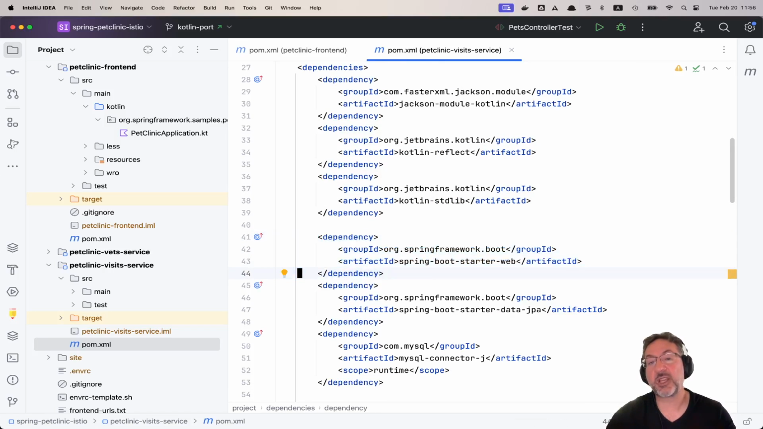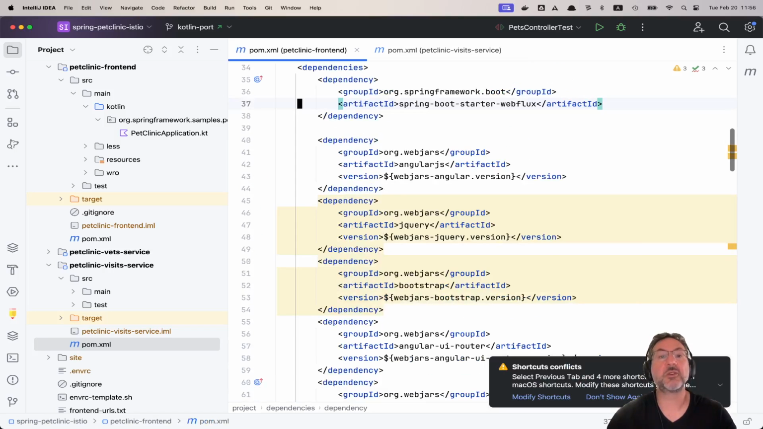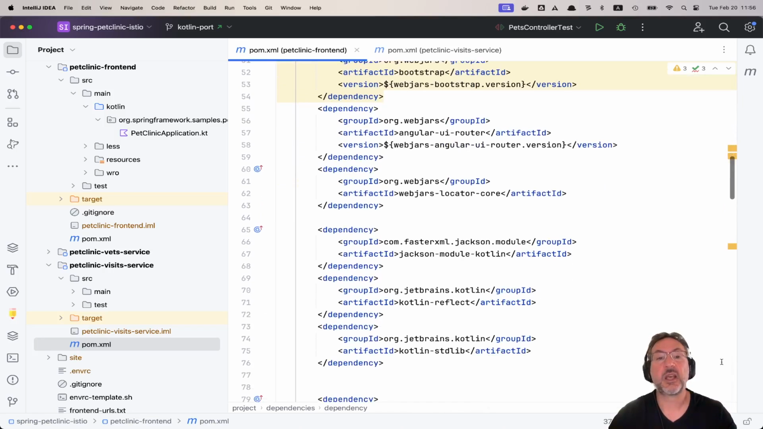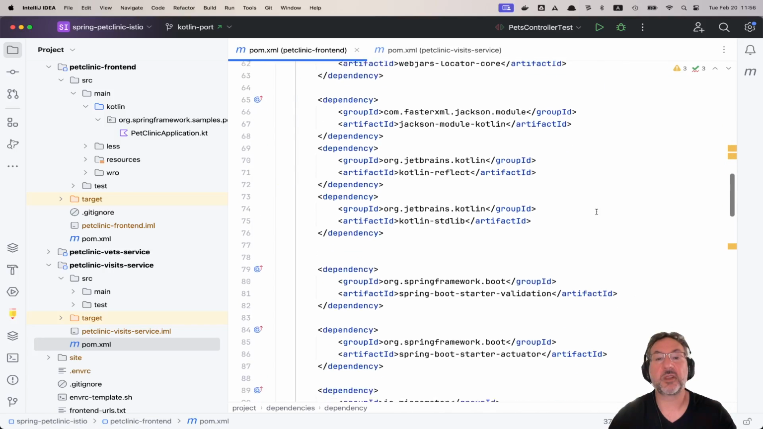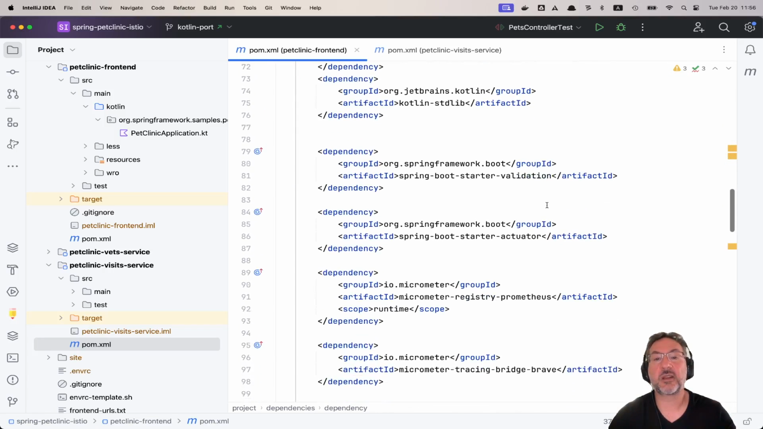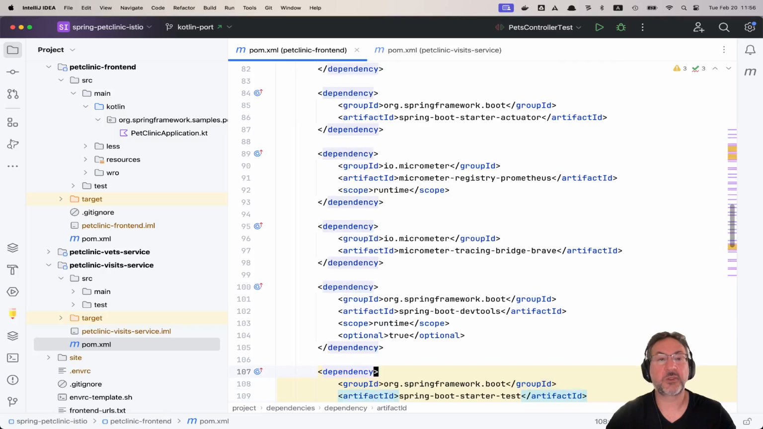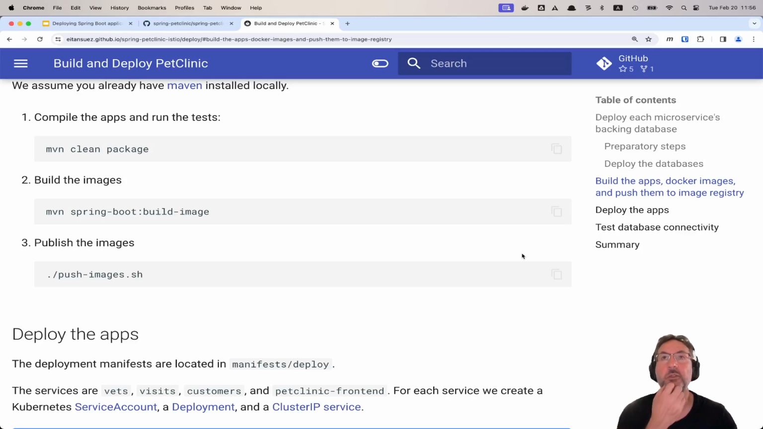That's not the non-reactive version, and the data JPA and the MySQL JDBC driver. Whereas here we're using Webflux. We've got the Kotlin dependencies, and then some of the front end stuff. And on the back end, you see the Spring Boot actuator, Prometheus for exposing metrics. And we'll talk about distributed tracing momentarily as well. So that's just a quick and dirty overview of the code that you have to orient